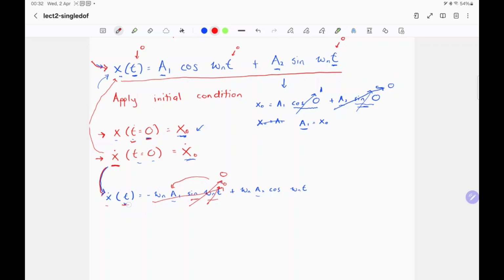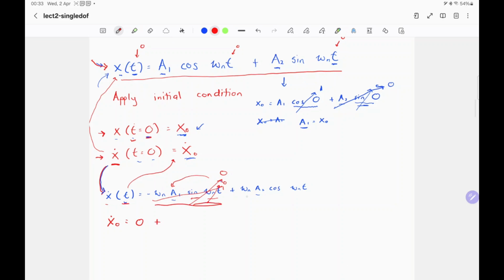And x dot at t equals 0 is x dot naught. Because what we're trying to do here is replace time equals 0. So x dot naught, or x dot when t equals 0, is equal to 0, which is this one,